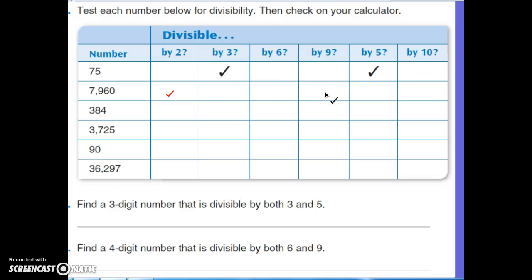Let's try 9. We added up the digits: 7 plus 9 is 16, plus 6 is 22. Can you do 22 divided by 9? Not without getting a decimal, so it's not divisible by 9. It's divisible by 5 if it ends in 0 or a 5, and you can see that it does, so we'll put our check mark. And it's divisible by 10 if it ends in a 0, and it does, so we'll put our check mark. So you're really going to go through each of these columns and go back and review each of the divisibility rules to see if the number is or is not divisible by each of our headings up here, by 2, 3, 6, 9, 5,